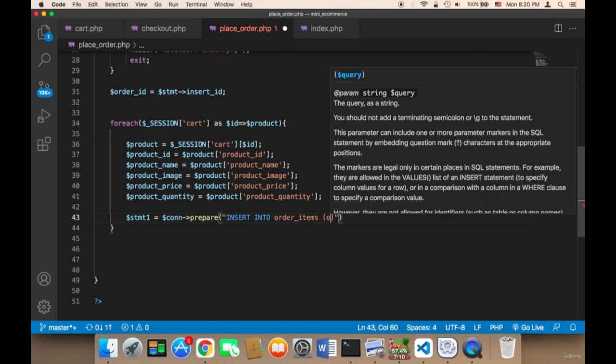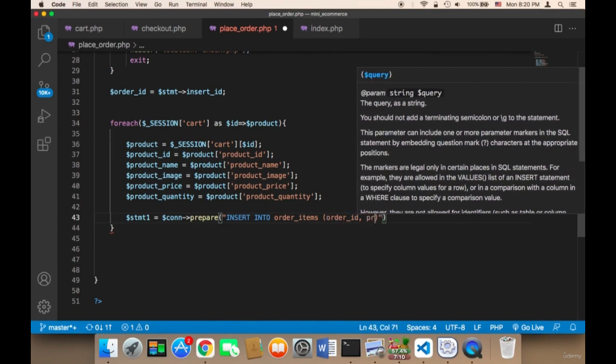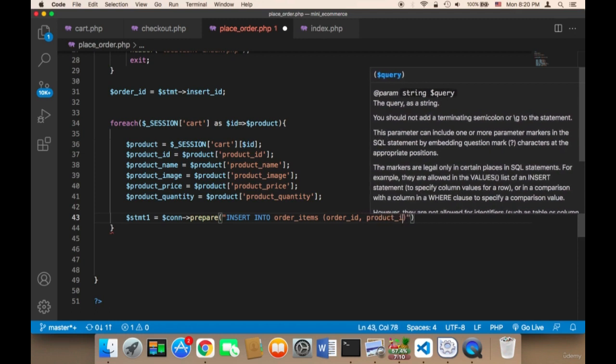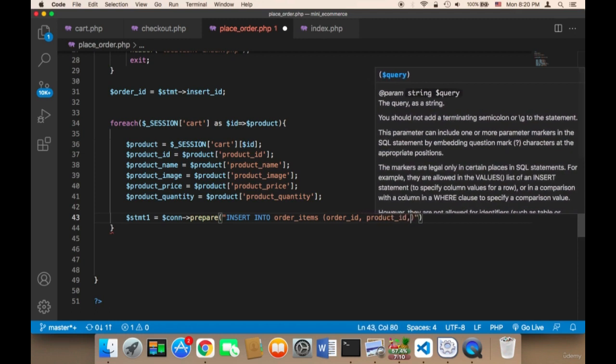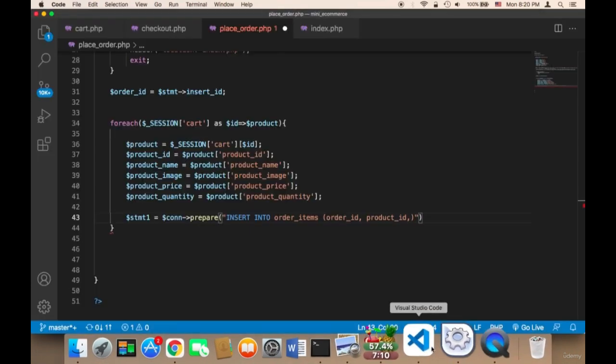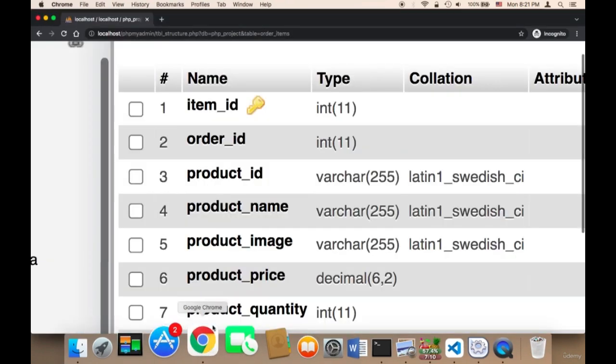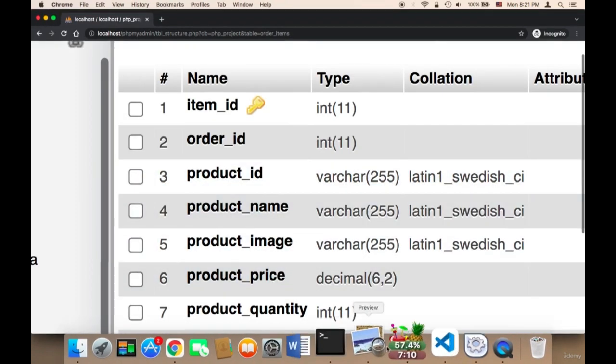We need to say order underscore ID, and then the product ID, and then after the product ID, I think, let me check the database. The product name, we need to insert the product name. So I'm going to insert next the product name,